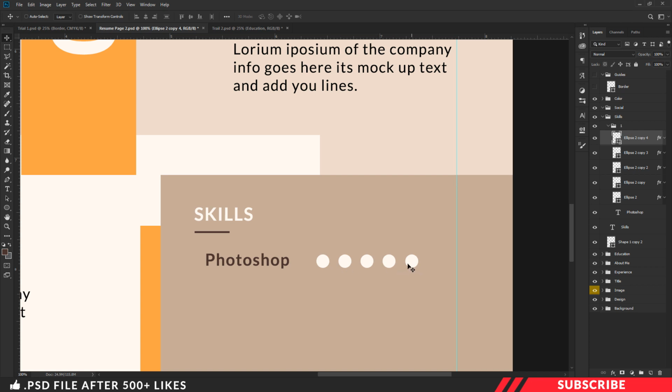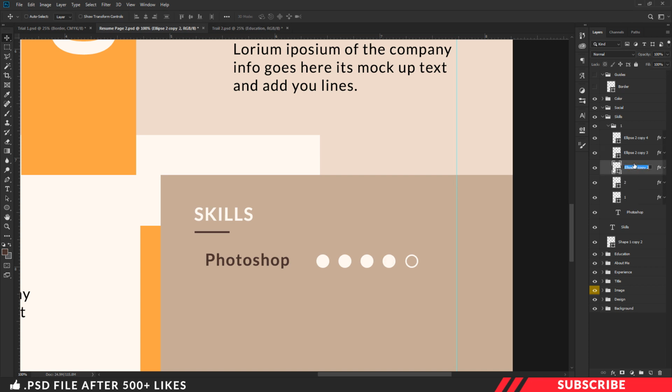The reason we created 5 circle shapes is we're going to use these shapes as a reference to represent our skills level. Here, based on my skill level, I'm going to give 4 circles and I need to disable the 5th one. For that, I'm going to select the 5th layer. I'll disable the fill completely down to 0 so that we will get only the circle border. Now we got 4 circles. In case I want to reduce the skill level, select the 4th layer, reduce the fill down to 0%. There you go, I got only 3 circles. Now I'm sure you understood how it works.